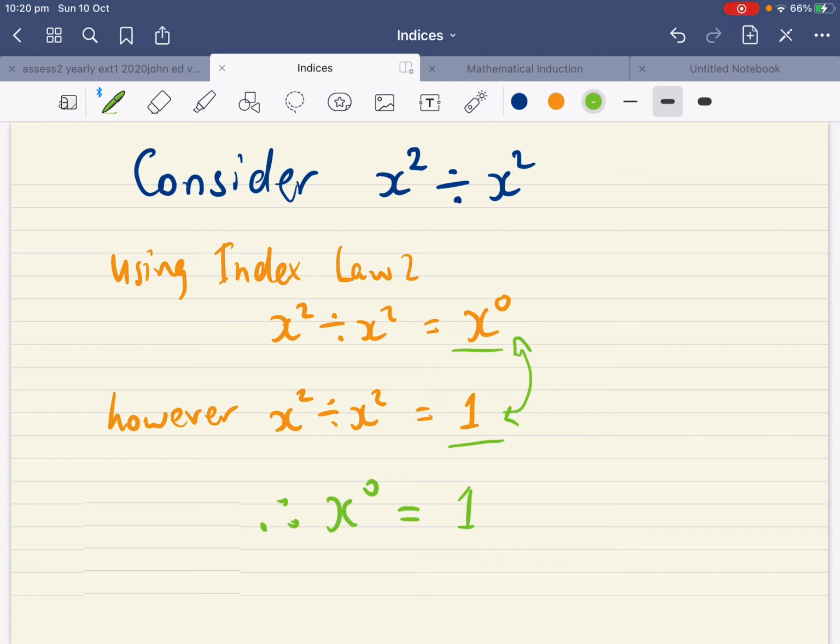In the second situation, we just used what we already knew about numbers. When you divide a number by itself, you get the answer 1. And so logically, those two things must be equal to each other. Note that x could be any number in existence. So we've just shown quite simply within a couple of minutes here that 10 to the power of 0